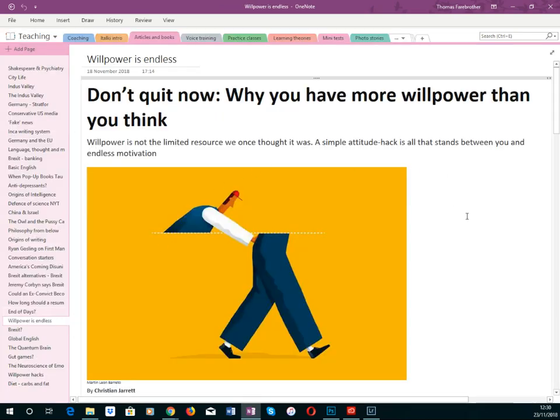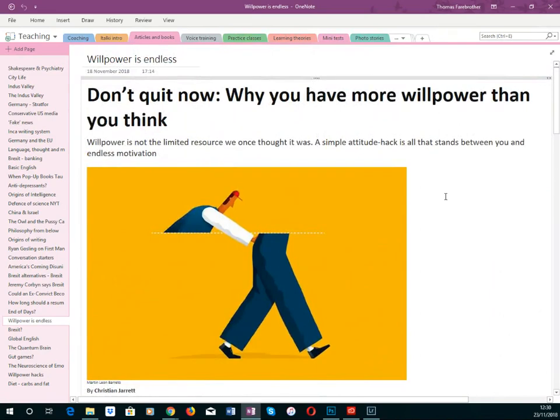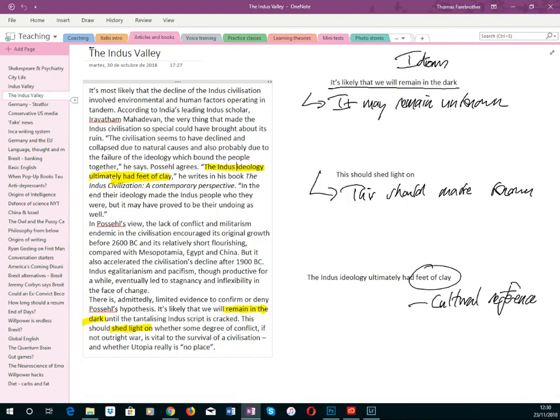And here for more intermediate or advanced classes, I have a whole collection of articles from magazines I have subscriptions to that we can use as a basis for conversations and speaking and comprehension, and also just breaking down the text and looking at how to put together an English text in a way that makes immediate sense to a native speaker. For example, looking at this article from New Scientist, we could take an excerpt and look at the